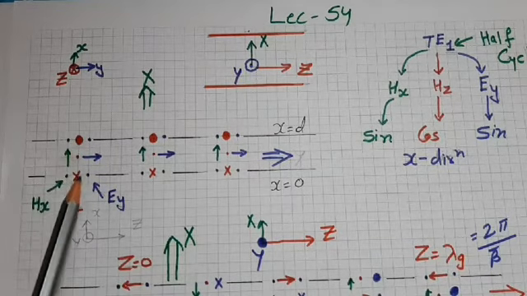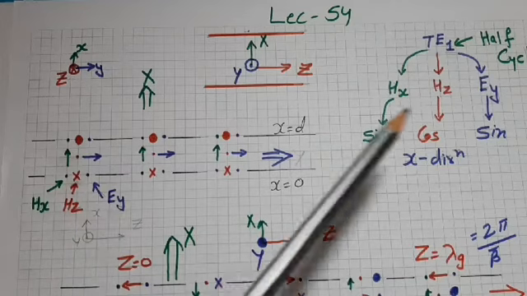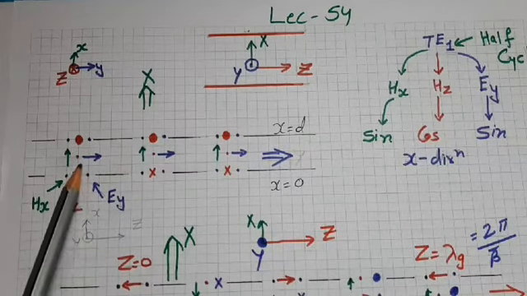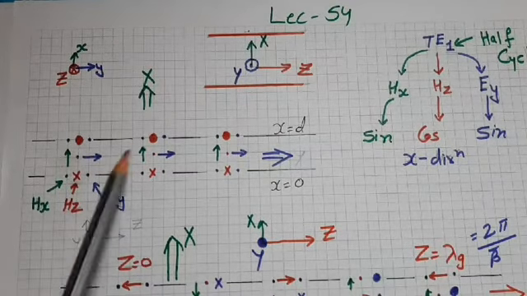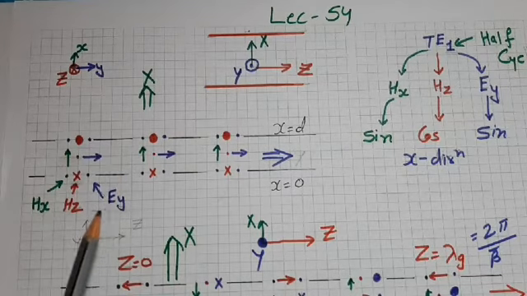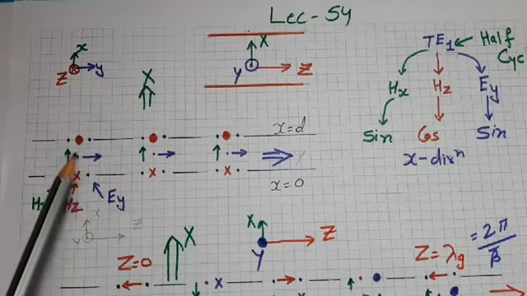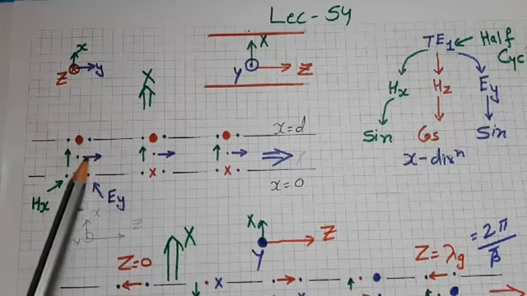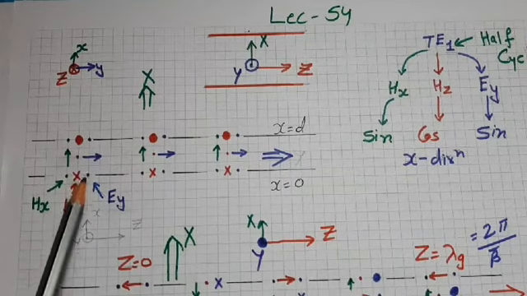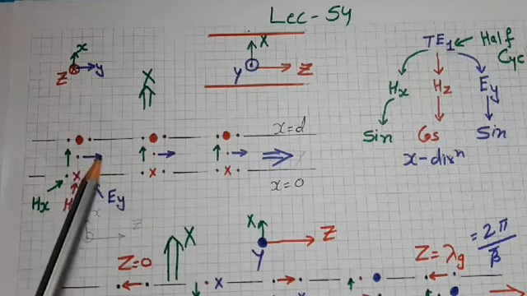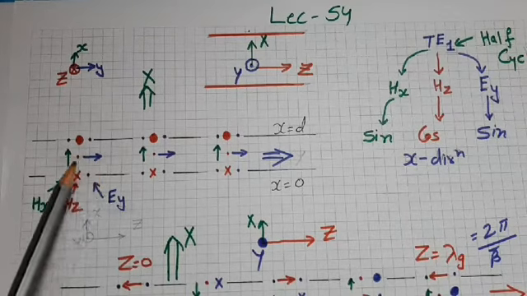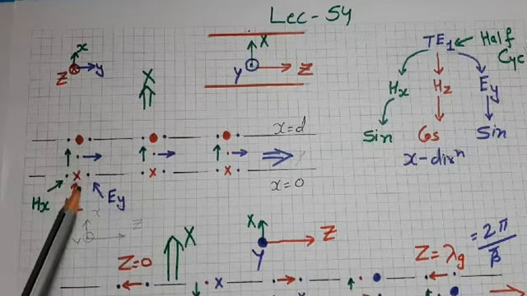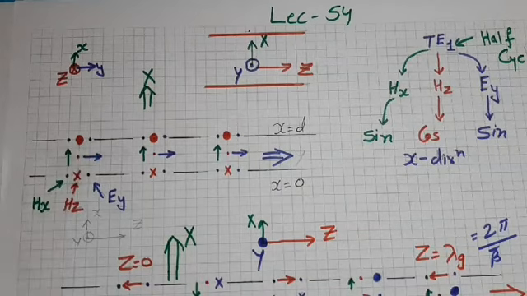Now after plotting Hx and Hz, we plot Ey. Because the y-axis is in this direction, Ey can be represented by arrows either left pointed or right pointed. Because Ey has sine function variation, it would be 0 on the boundaries and maximum in the mid of the boundary. On the first plane, it would be 0. In the mid of the planes, it would be maximum, or we can say positive maximum. That's why it is shown by an arrow in this side. Therefore, we can read the Ey variation as 0, positive max and again 0. This is the half cycle sine function variation between the planes.